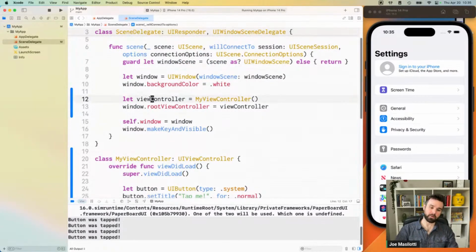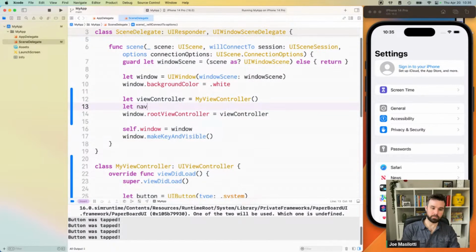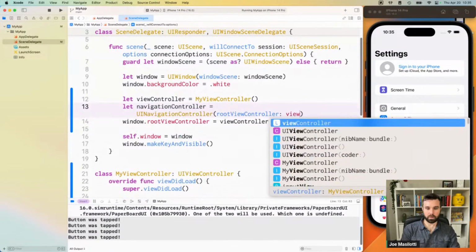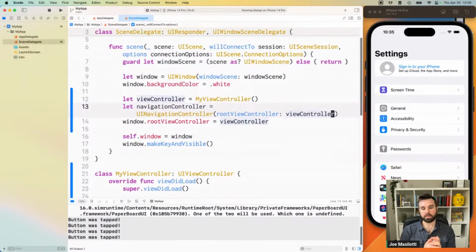So back up here, we have our view controller, and we set that as the root. We're going to throw one more step in there called navigation controller. And we're going to give it a root view controller of our view controller. This means that we're going to have a nav controller, and the first view that you see is going to be this view controller. We're going to set our root view controller of the window here to our navigation controller. And when we run this,